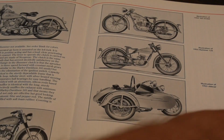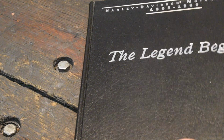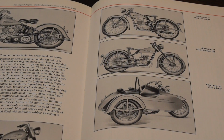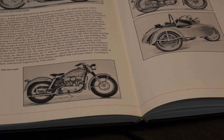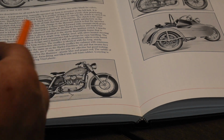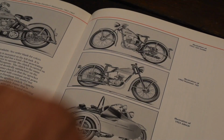My other source for information is this book, The Legend Begins, a Harley book. They don't talk a lot about the 55KH. As a matter of fact, the only thing they really give you about it is this picture. There's no description, no details, just a picture in the book. And then if you flip the page,